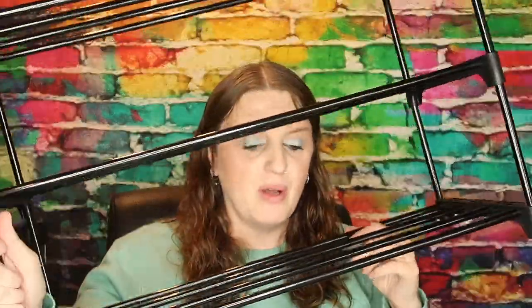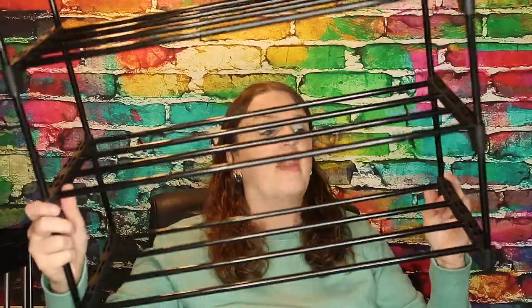So I ended up getting a different shoe rack. Now this one, again, can come in different lengths and everything, but this one was $10.79, and this one's gonna go to my front door. I like it because I need something to keep my life organized, and with my kids' shoes, I'm gonna get in a habit where if you take a shoe off in my house, you put it on the shoe rack,